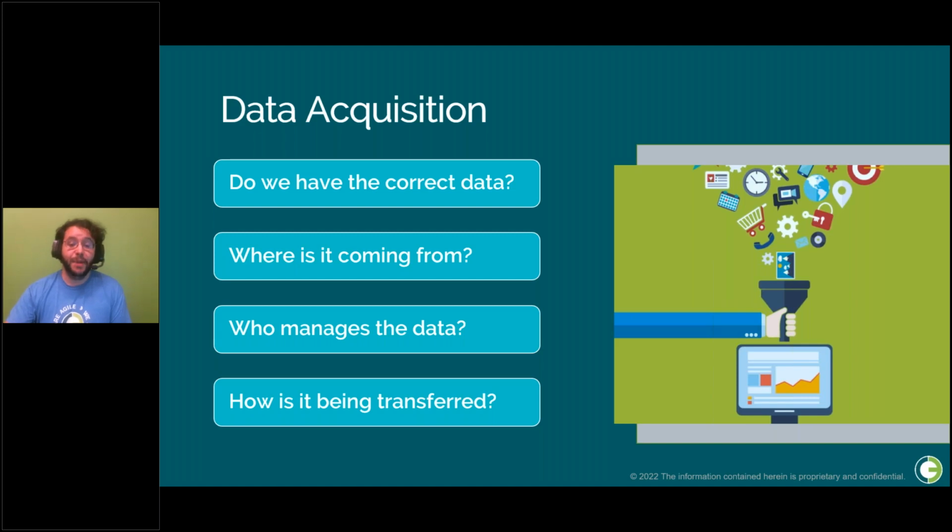And then there's the mode of data transfer. Is it going to be a manual upload? If so, how often does this need to take place? Or is it going to be an automated integration? Integrations can really help to streamline your team's workflow, but they do require a bit of upfront planning and work. So again, the implementation team is going to want to be aware of these early on.